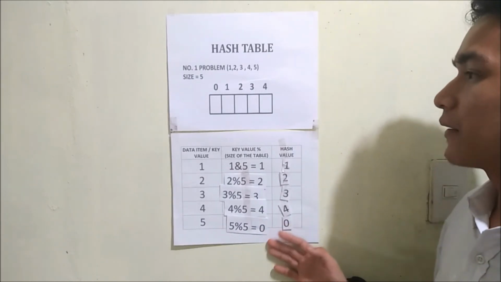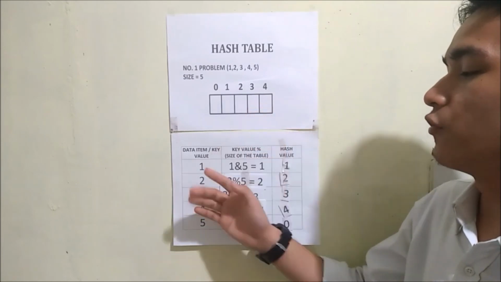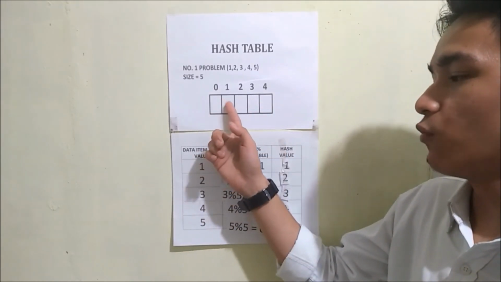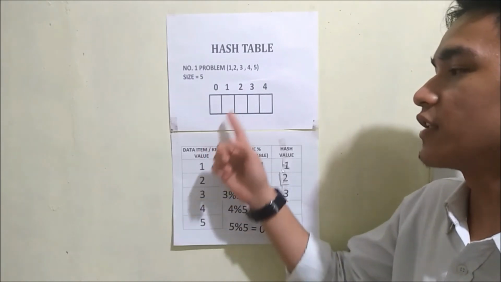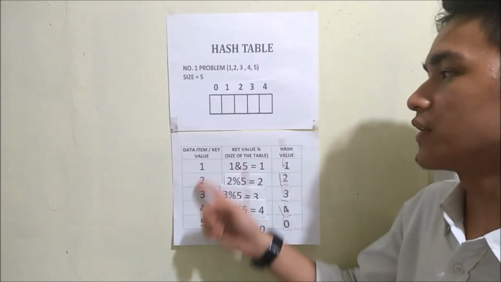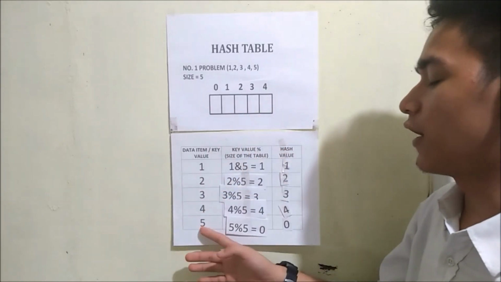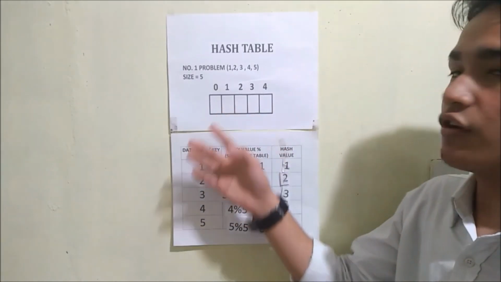Kaya kung iaalapat natin dito siya sa hash table, yung element 1 will be slot 1. Yung element 2 magiging slot 2. Yung element 3 magiging slot 3. Yung element 4 magiging slot 4. Element 5 magiging slot 0. So, may